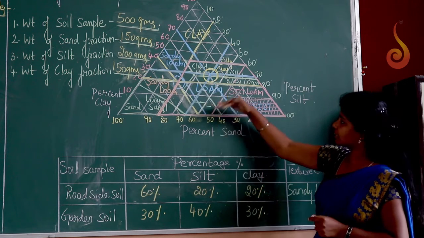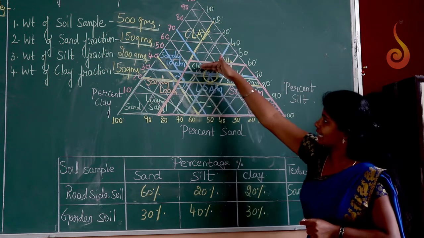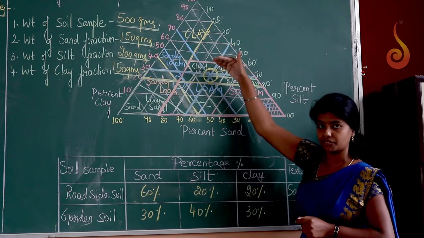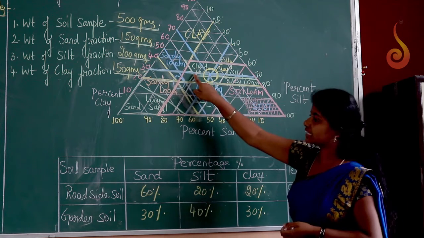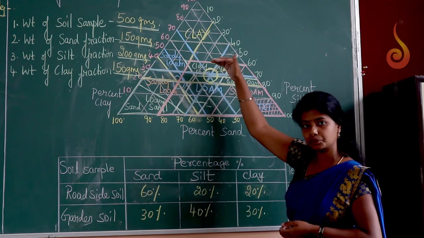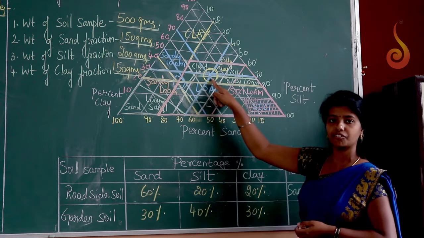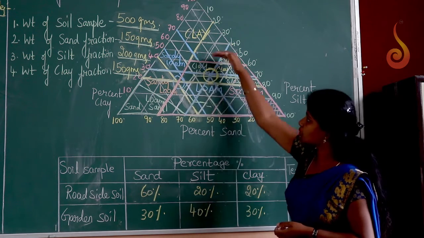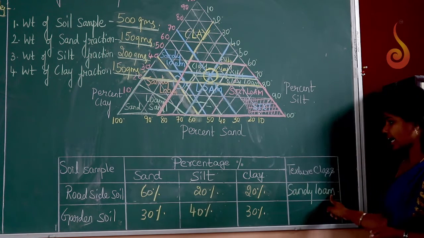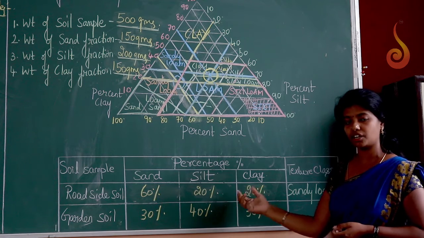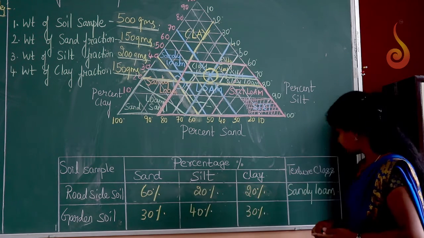The area which is covered completely around the point of intersection is together called clay loam soil. We are not considering loam soil because loam soil is a lower grade compared to clay loam. We are including the upper one. We have to consider the upper grade because we are covering the area till clay loam soil. So once we cover the area around the point of intersection, it shows the uppermost one, that is clay loam soil. So the texture class or the type of soil we have determined for sample 2, taken from the garden, is